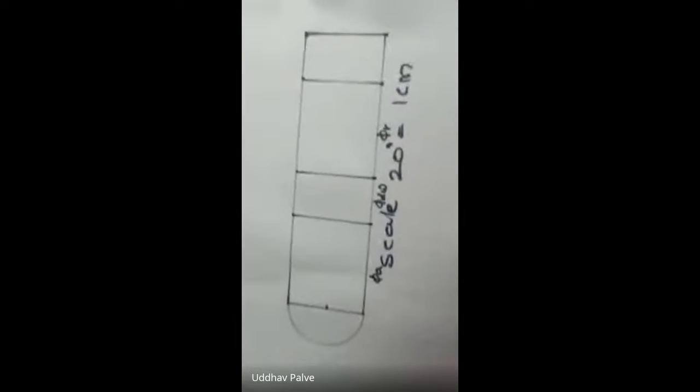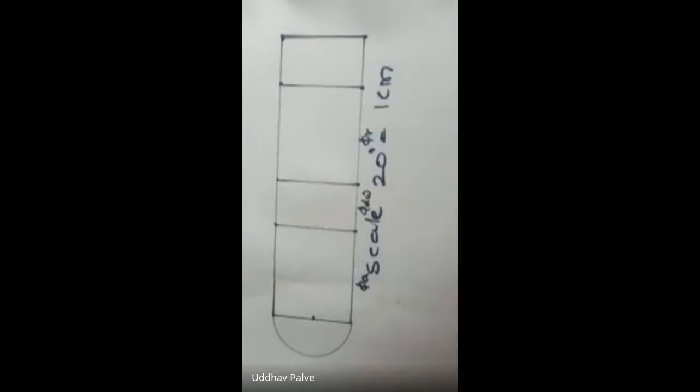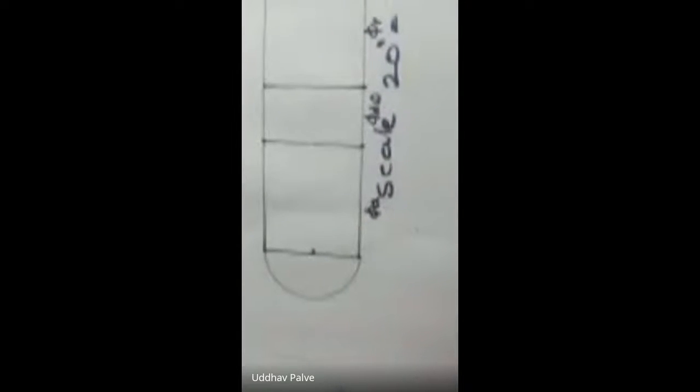Now I'm drawing this with pencil, so I don't know whether it's visible to you or not. Can you see the circle? Is this visible? Can you see the semicircle? At least one of you reply. Yes, sir, I can see. Proceed.